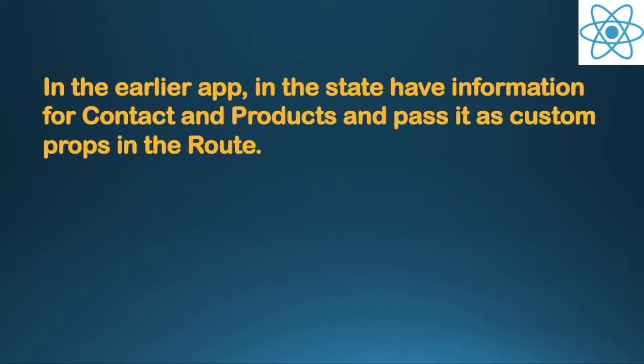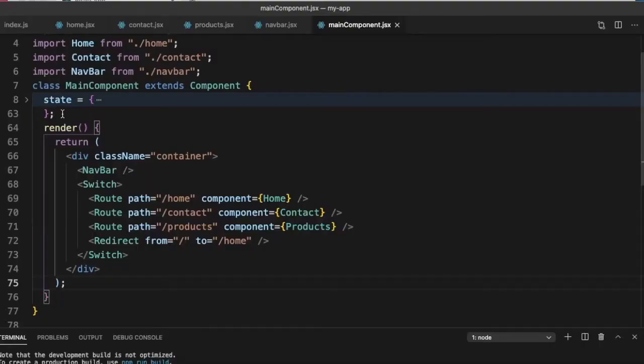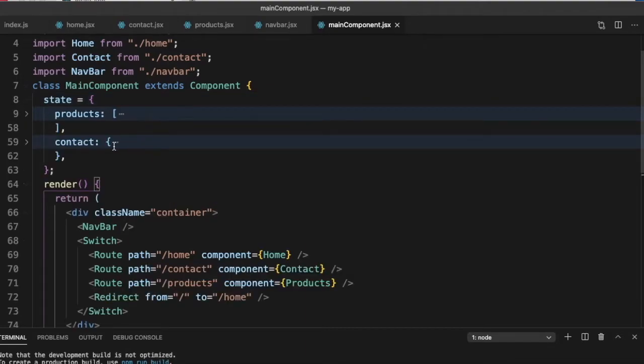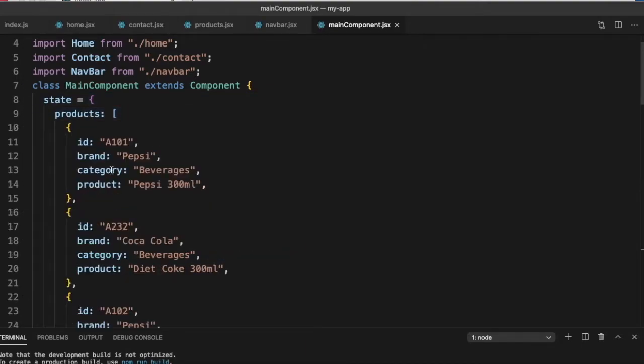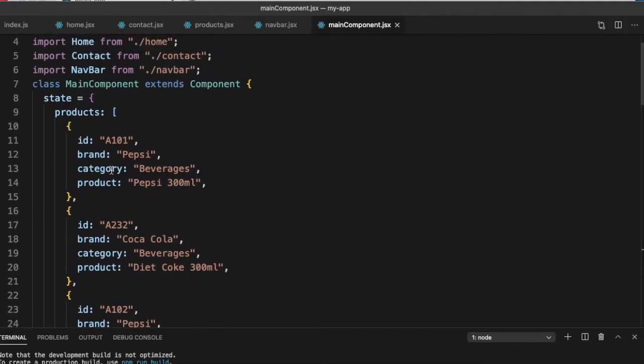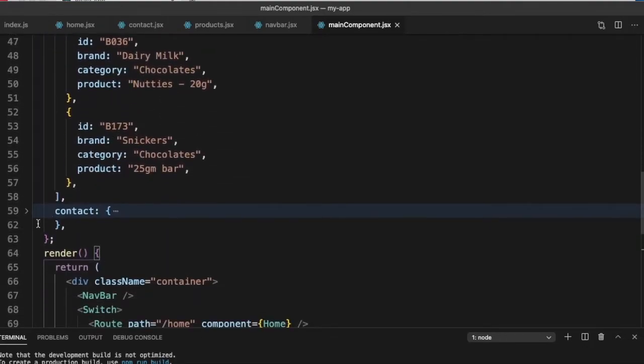So let's look at an example. In the earlier app, in the state, we have information for contact and products, and we pass it as custom props in the route. So here in the state, we have information on products and we have information on contact.